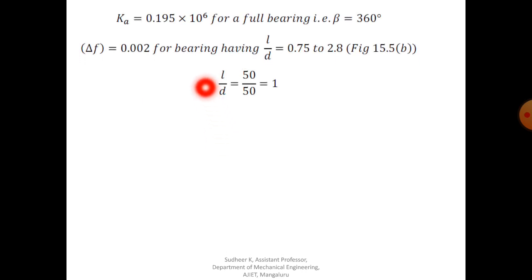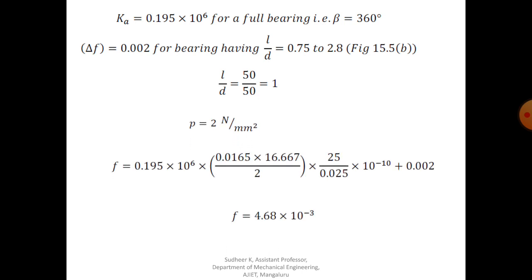Ka value is 0.195 into 10 to the power 6 for a full bearing, that is beta equal to 360 degree. Delta F is 0.02 for bearing having L by D equal to 0.75 to 2.8, that is from figure 15.5b. Because L by D is 1 and P value is 2 Newton per millimeter square, which you already calculated, now the F value can be calculated, that is 0.195 into 10 to the power 6 into, this is the viscosity value you already